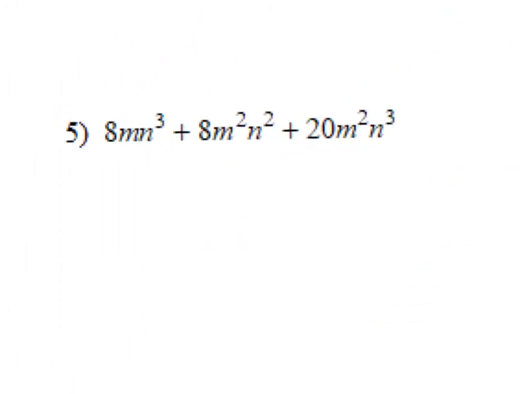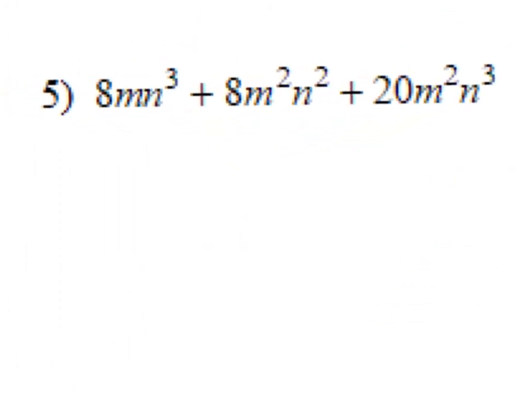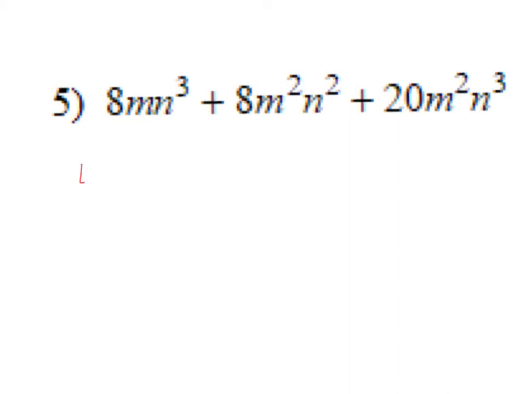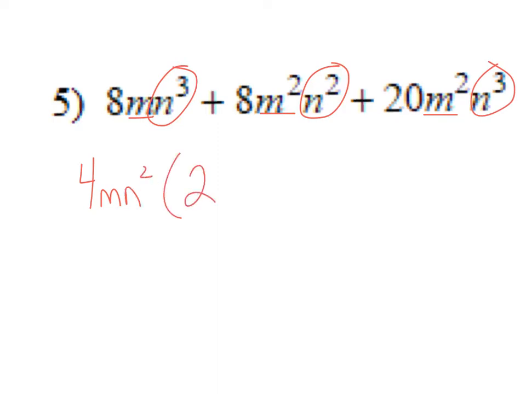Okay, number 5, now this is what I'm calling a hot mess. It's just craziness everywhere, so pull a GCF and then move on. If I'm looking here, it looks like the biggest number I can take out would be a 4. M's, I've got 1, 2, and 2, so I'm going to pull 1 out. On my n's, I've got 3, 2, and 3, so I'm going to pull out 2 n's. So I'm going to get 2, m comes out, there's 1 n left over, plus 2,